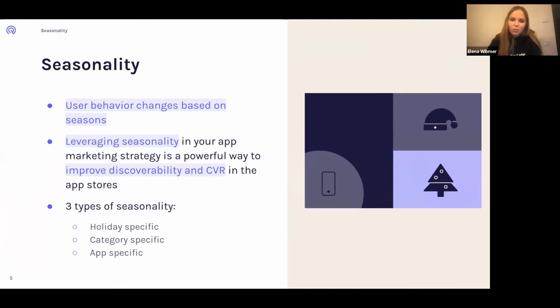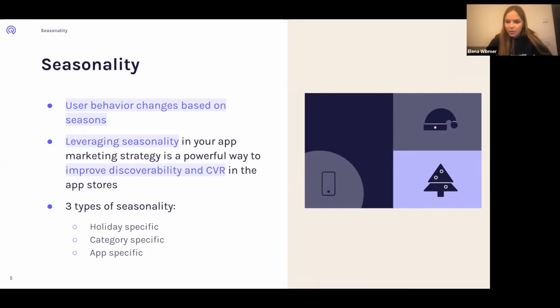But it's not only that we have users with changed behavior. On the other hand, it also depends on how well you reflect that changed behavior within your app, within your whole user funnel, so to say. Have you reflected it within your store listing, within your app itself?